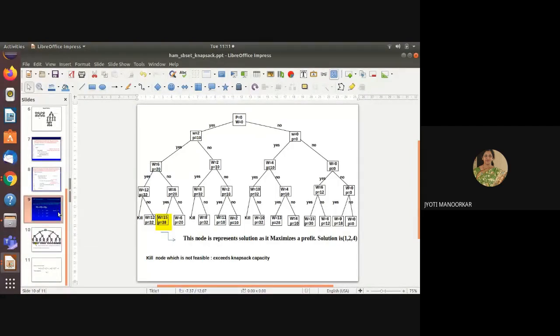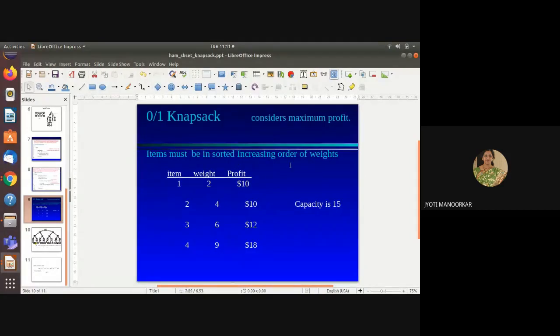Can you please note down these numbers so that the state space tree calculations will work through for you. Just note down these elements, their weights and profits, and the capacity. In between, for the calculation, it will be easy for you to understand. So note it down shortly. I expect everyone is noting this down. Okay, can we proceed further? I hope everyone has noted it.